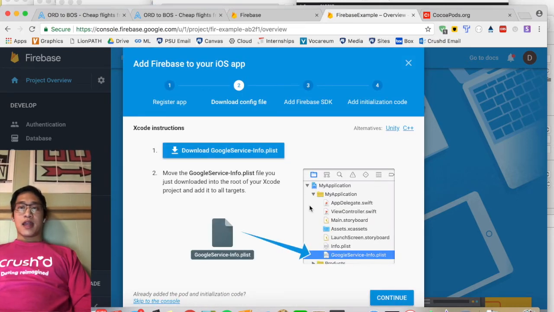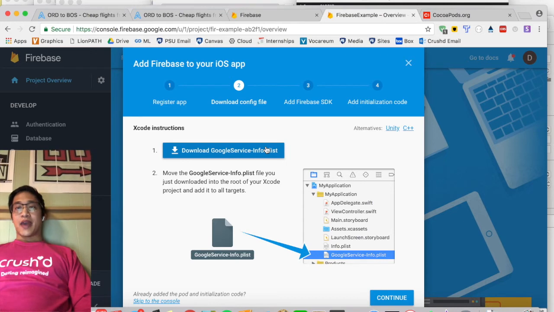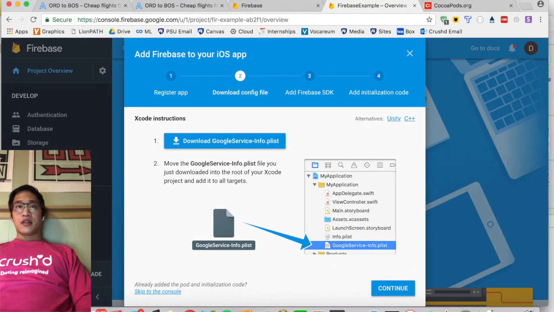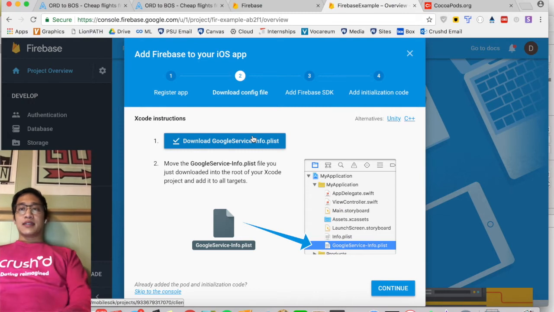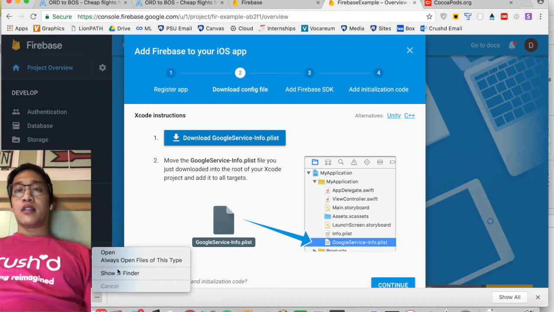Cool. Now it's going to say download GoogleService-Info.plist file. This is super important, and this is actually one of the moments where I made a mistake and it cost me hours just to get back. You won't run into it if this is your first time, but if you've used Firebase before and you've downloaded more than one GoogleService-Info.plist file, what ends up happening is it downloads a file that's not called that. It's called,